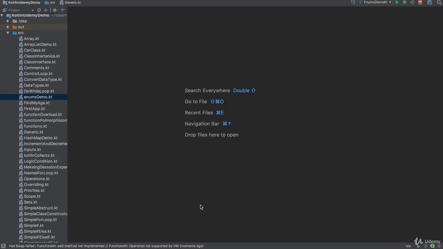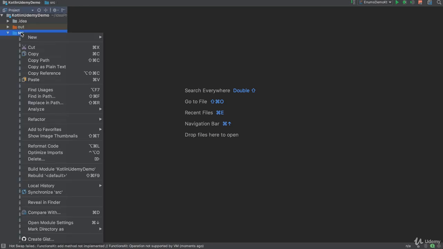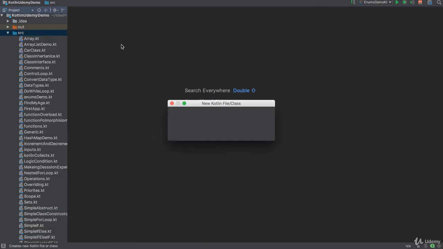Hey again. One of the most interesting features that comes with Kotlin is extension. Extension means when you have a class with specific properties and methods, and you want to add more methods to that class. It's really hard with Java, especially if it's a built-in system class. But with extension, you say, hey, I have this class, let me add this extension to it, and I'm done. So let me just create a new class and name it